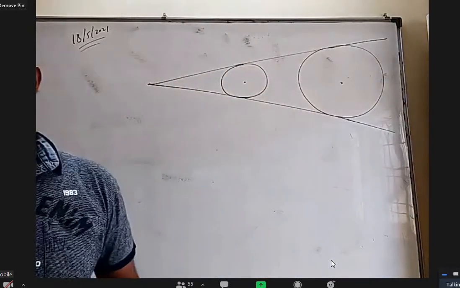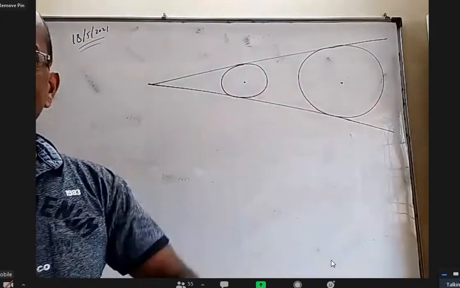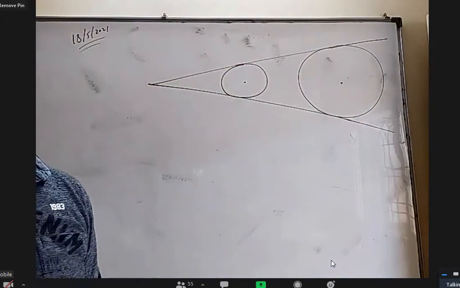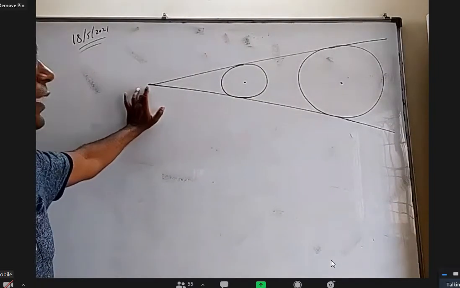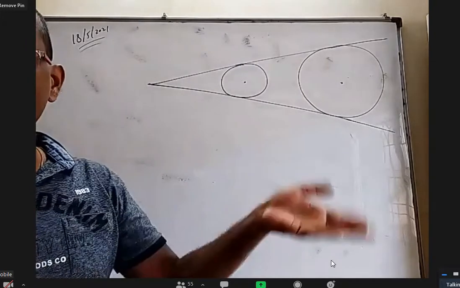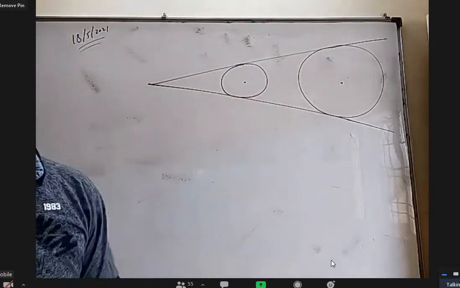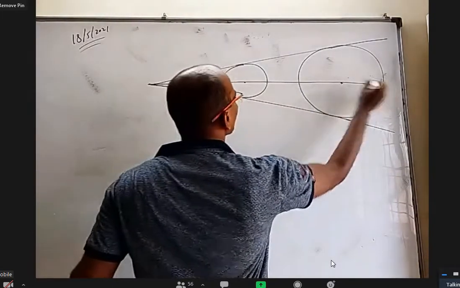Okay. What I want to say is, if somebody gives me two circles and asks the angle between the direct common tangents, I can find this E, and then I can use tan theta by 2 equal to R by root S1 for any one of the circles. But without finding E, I want to tell a method.